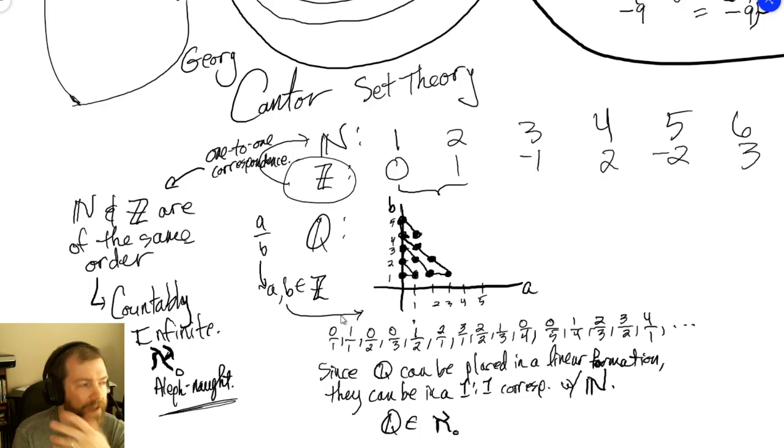integers. There are like an infinite number more of them, but at the same time you say, well, they can be placed in a one-to-one correspondence, so therefore again, it is a proper subset, or rather the integers are a proper subset of the rationals, so of course there are more elements, but at the same time